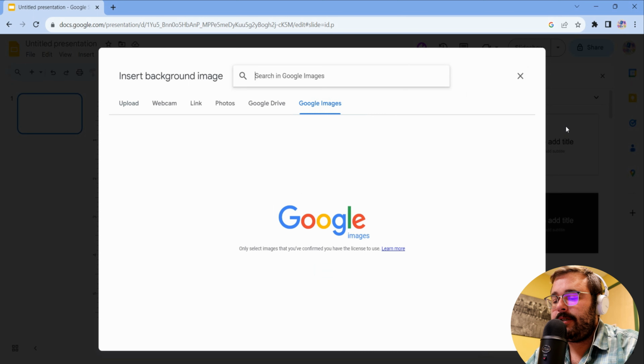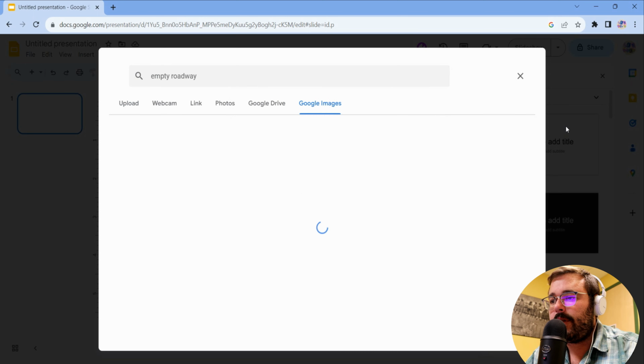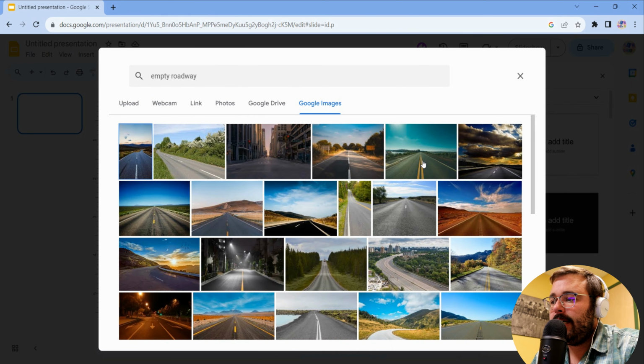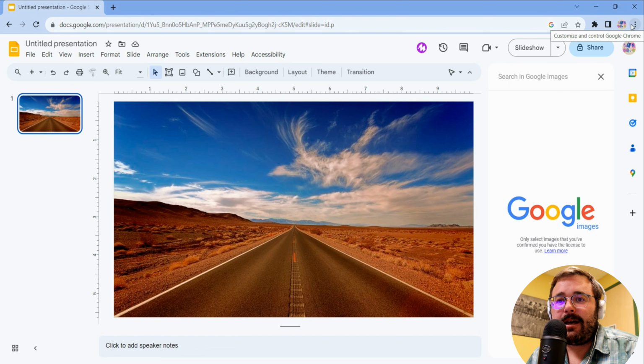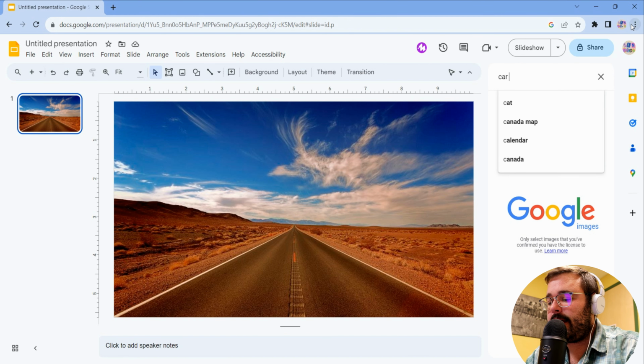Now we're going to go into Google Images. I'm going to say empty roadway because I'm going to do a car in our first one. So now I want to insert a subject into it. As we said, you can search Google from within Google Slides. So I'm going to go insert an image, and I'm just going to search the web. The key here to make it look good is you're going to want a PNG file. That means it has a transparent background, so you don't have the white box around it. So let's look at car front. If I was to throw that in there,